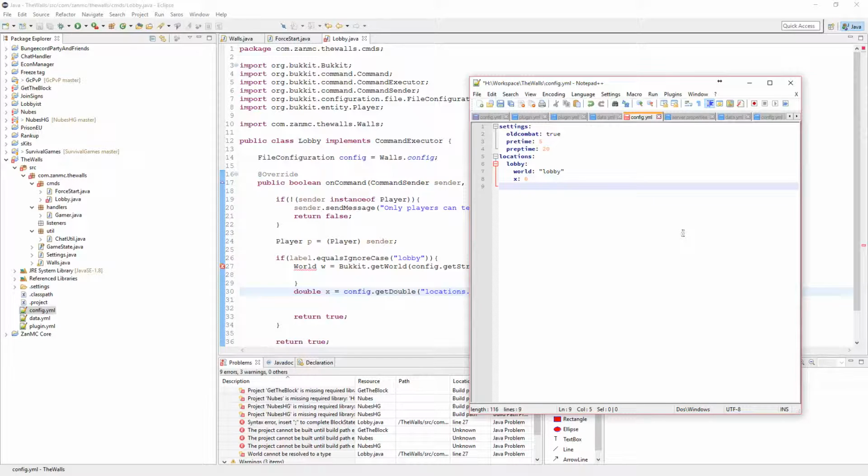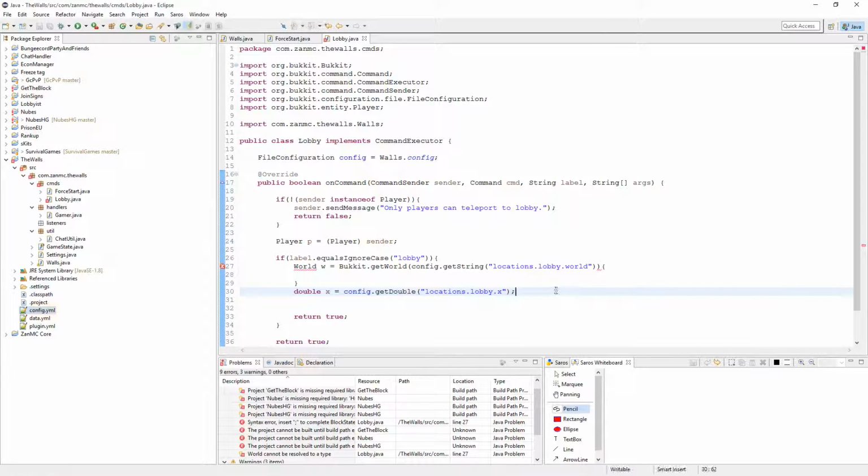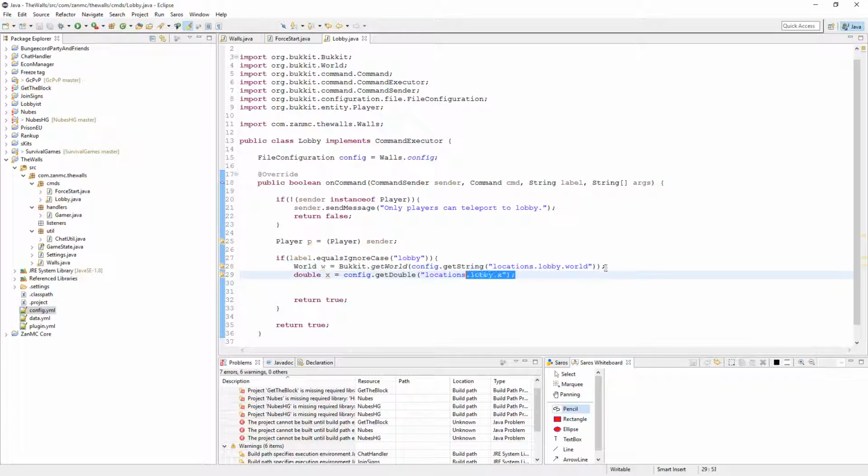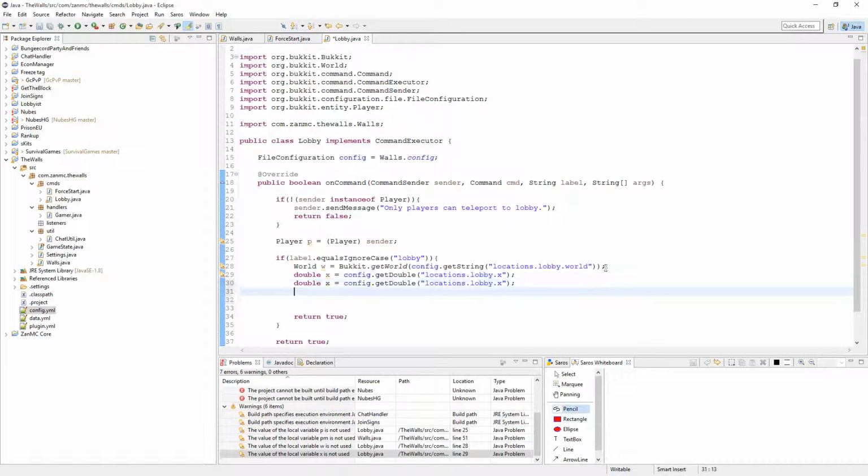X 0, Y 5, and Z is 0. Yaw is 0. Pitch is 0 because we don't know that one. Pitch is how you look up and down, and I got people to type these things since we'll be setting the lobby anyway. Now, why did I do that? There we go. Now we're gonna copy X to Y and Z,